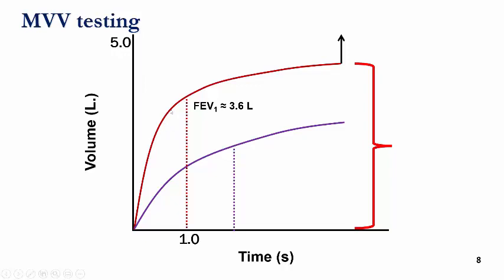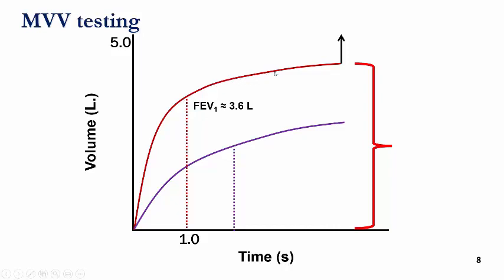And so this dark tracing here is a measure that we would expect in a person that is healthy, that does not have any sort of pulmonary condition. And we see that the volume of air that is pushed out, or this person's FEV1, is about 3.6 liters in the first second. So after a person takes a maximum inspiration, they immediately try to push all that air out of their lungs. Most of it, about 80%, will go in the first second,